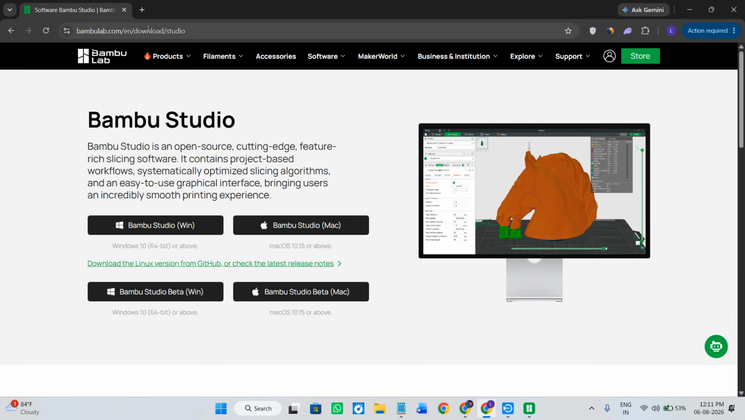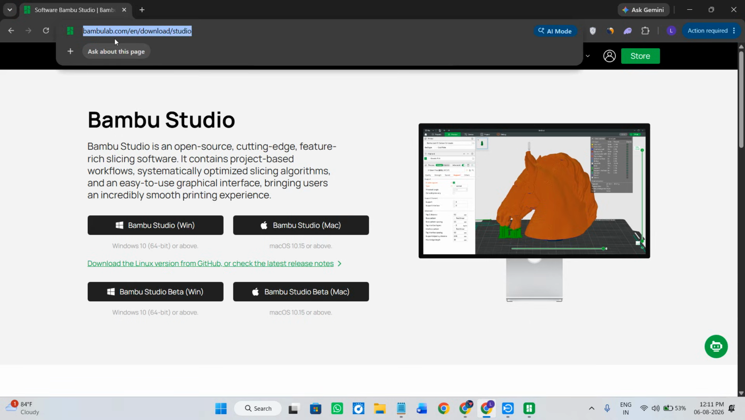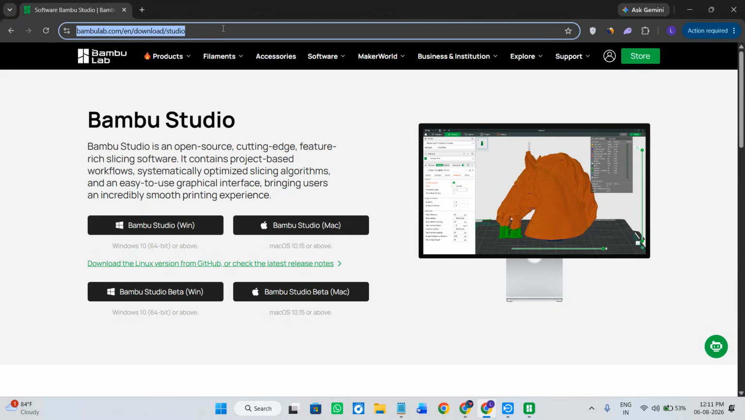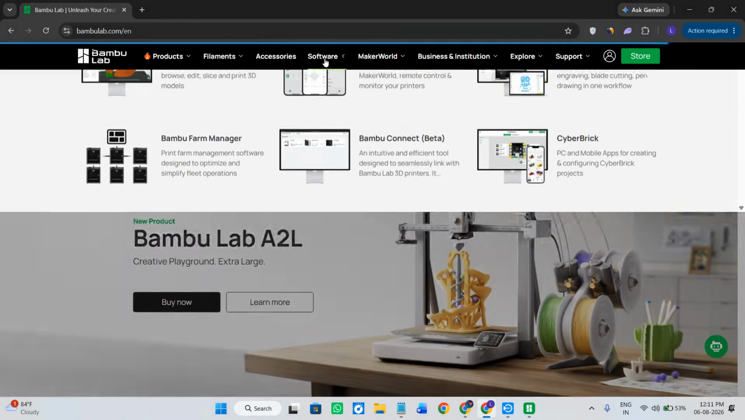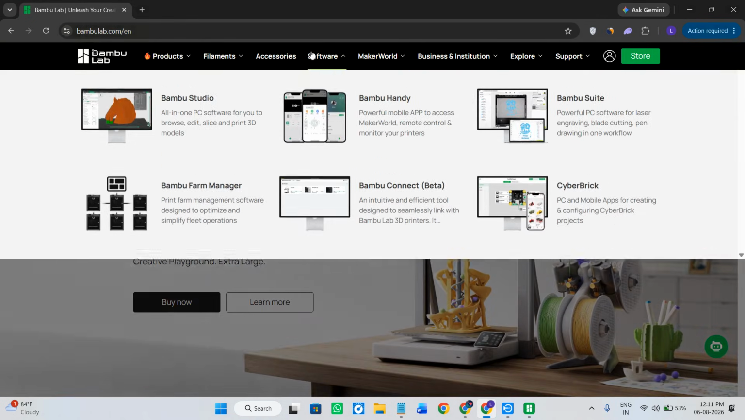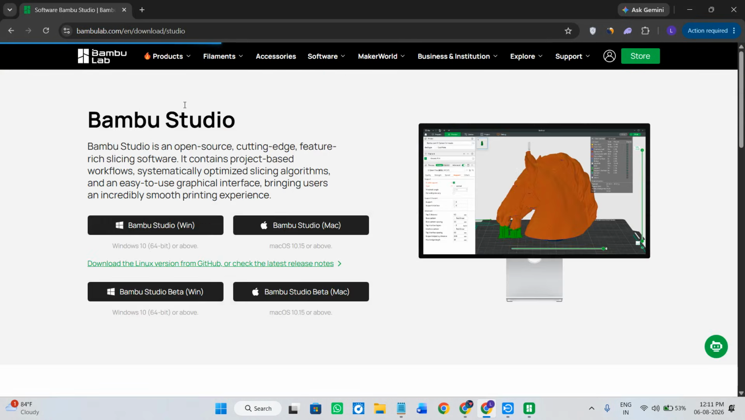So first of all, you need to simply open your web browser and here in the search bar simply search for this particular URL, which is bambulab.com/en/download/studio. You can also come here on bambulab.com and then hover over to the software section. Over here simply click on the first option of Bambu Studio, then you will land on this particular